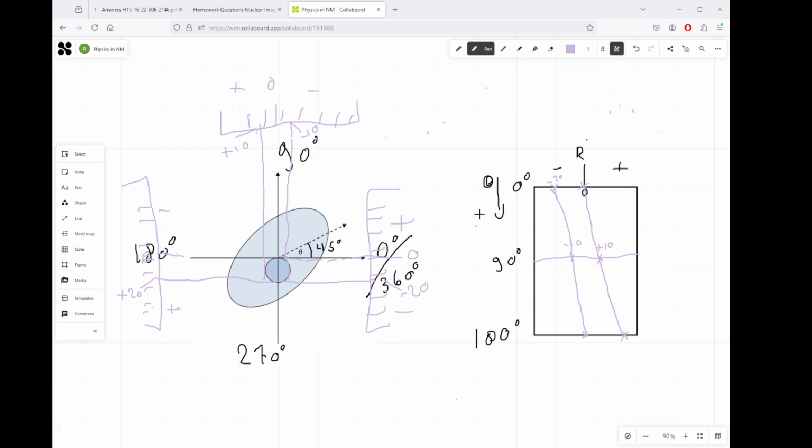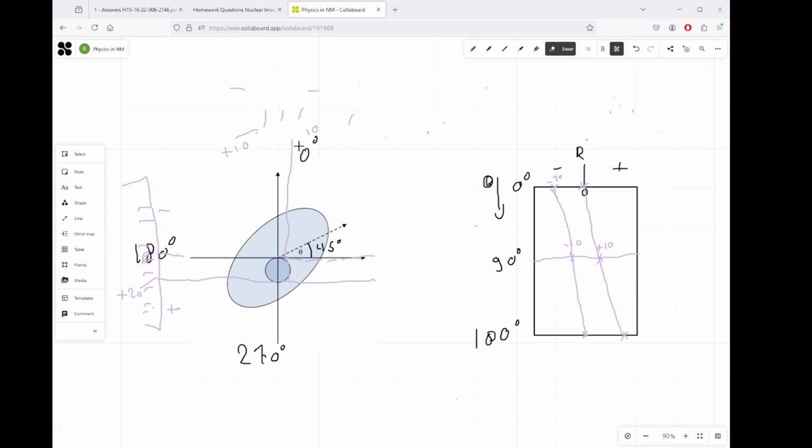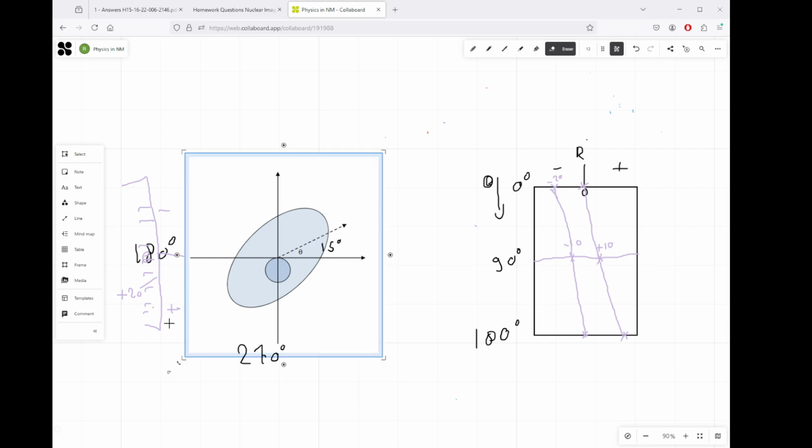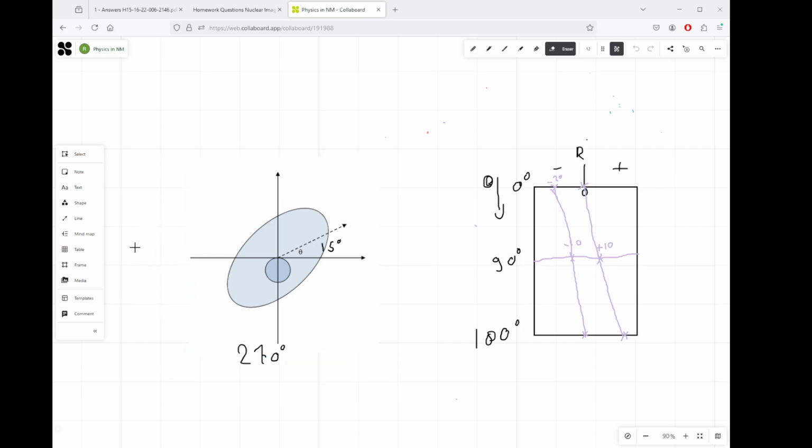Alright, for the next part, we will have a look at the ellipse object that is rotated by 45 degrees. So let me now remove this all again. Now I'll leave this part in here. Alright, let me put it in. Let me see, let's put the degrees in. So again, 0 degrees, 360 degrees. This is angle of 45,